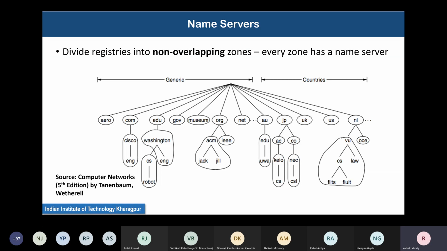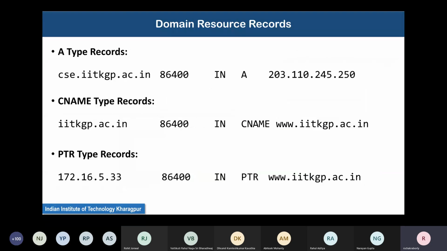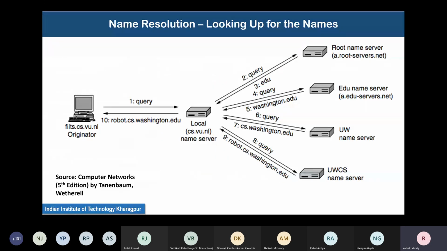The example that we were seeing was a computer called robot.cs.washington.edu, and the root domain name is actually denoted by a dot. However, in actual names, it is usually never shown. Now to connect to this, the local domain name server whose IP address is known to the machine is first queried. A DNS query is made to it in a particular format. We will come to it. What is the packet format for a DNS query?